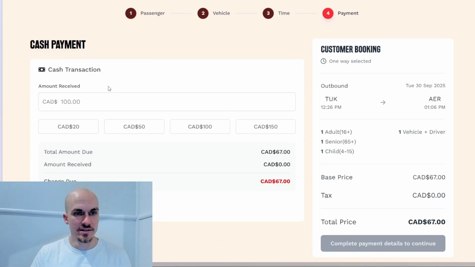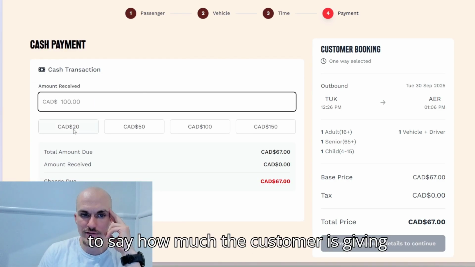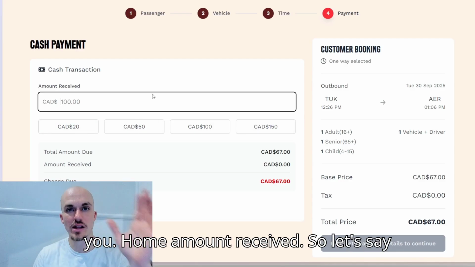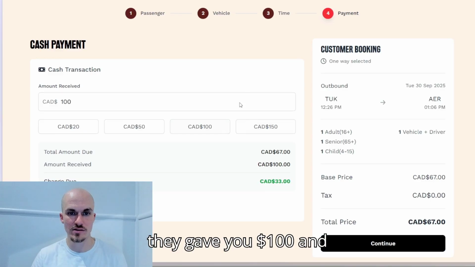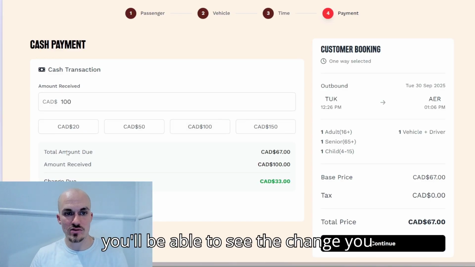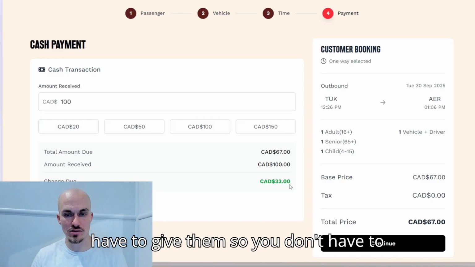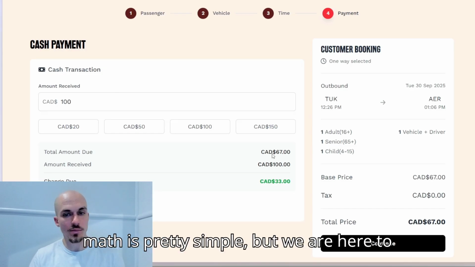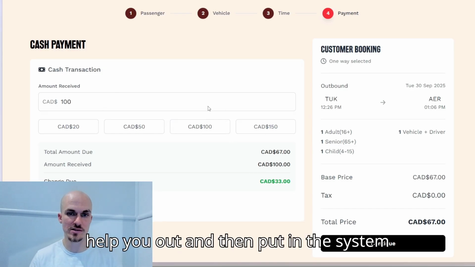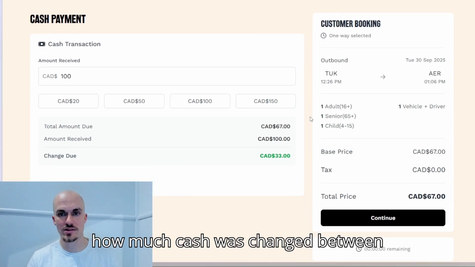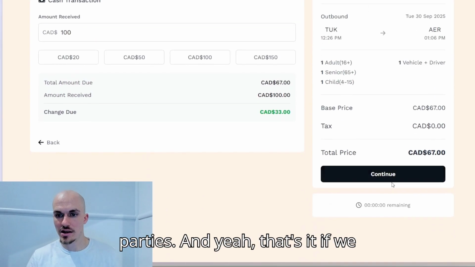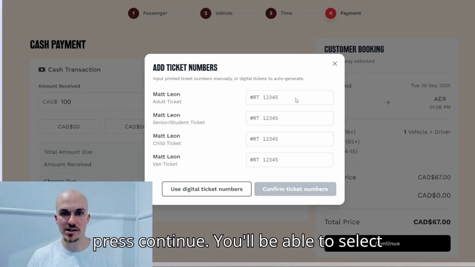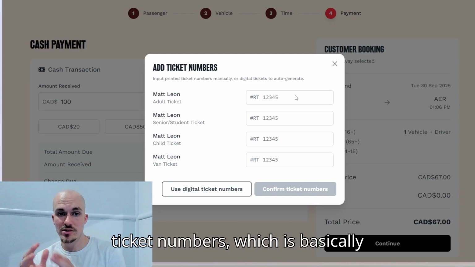And paying with cash, you'll be able to see this screen where you have to say how much the customer is giving you, the amount received. So let's say they gave you $100, and you'll be able to see the change you have to give them, so you don't have to do the math. Although in most cases the math is pretty simple, but we are here to help you out and then put in the system how much cash was changed between parties. And yeah, that's it. If we press continue,